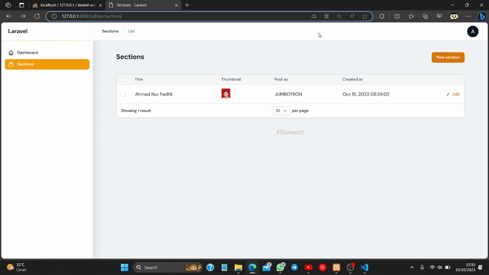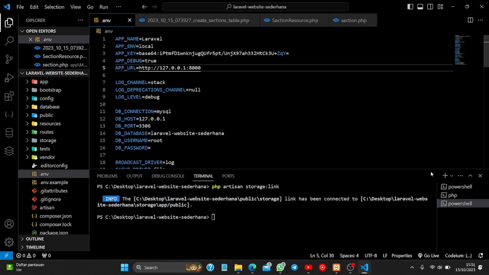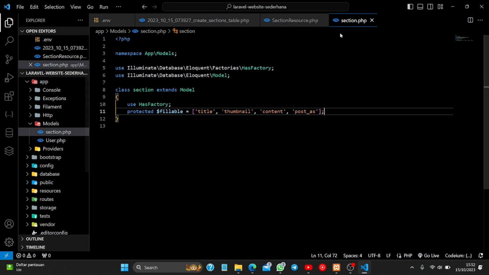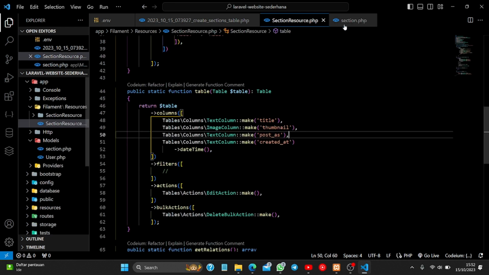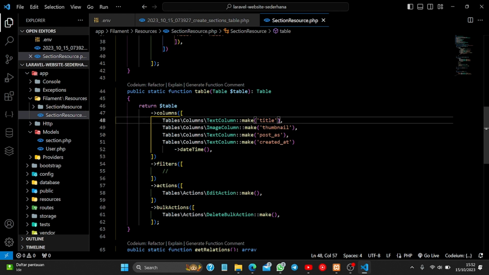So we will create a new feature, and the feature is column searching with post s and title. Okay, so you can go to your Visual Studio Code and close this terminal. You can go to section resource.php, and then you can add in the title,